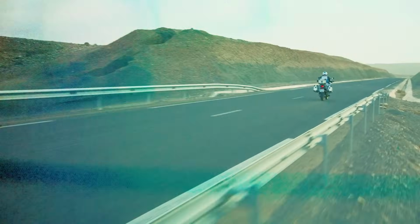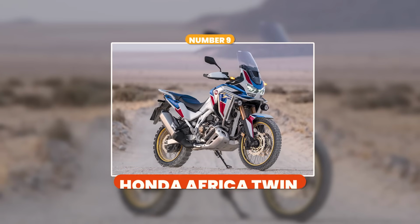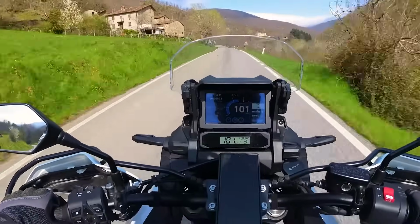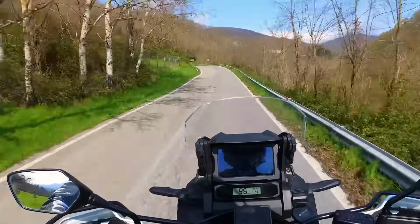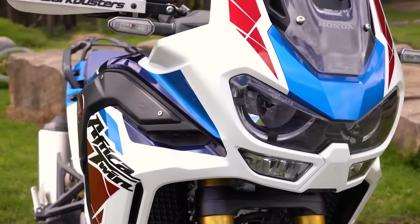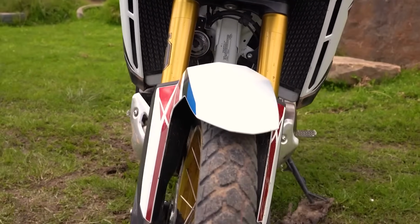Speaking of legendary adventure bikes, let's move on to one of Honda's greatest creations. Number 9. The Honda Africa Twin. When people hear rally bike, the first name that often comes to mind is the Honda Africa Twin. This bike was born in the Dakar Rally, and even after decades of evolution, it remains one of the toughest